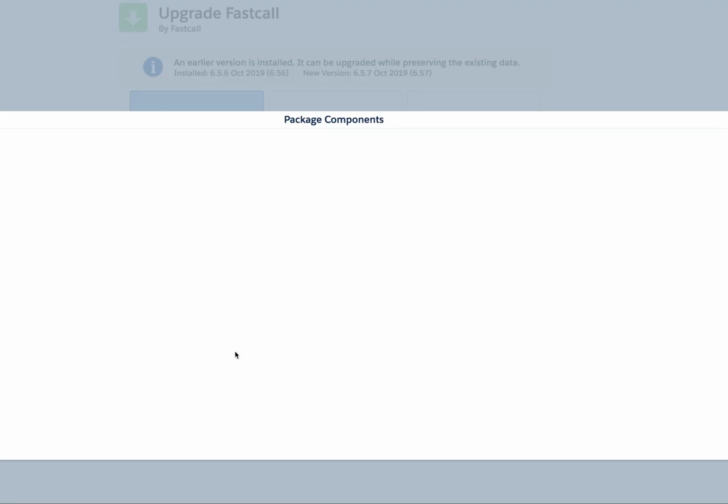So Salesforce is showing you what's being installed here under package components. And what I wanted to specifically point out is a few things about an application upgrade that you might not be familiar with. When an application is installed for the first time in the Salesforce AppExchange,